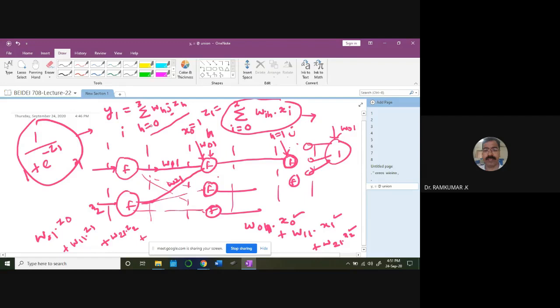Is it clear? You have 3. Yes, sir. 2, 1. Is it clear? So that's how you have to work it out. Then you compute that value y. That one you have to pass through a sigmoid, 1 plus e power minus. Is it clear, every one of you? The idea is clear. Simply you pass it. That's all. Forward pass.